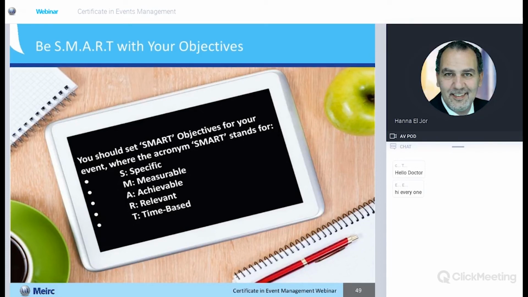It needs to be specific. It must be measurable. It has to be achievable. Don't make it impossible to your people and to yourself. And also, relevancy is very important. I cannot work on an objective that is definitely, absolutely not related to my main vision or main long-term goal. And of course, the last part of the SMART objective is the T. It should be time-based. It should be time-bound.